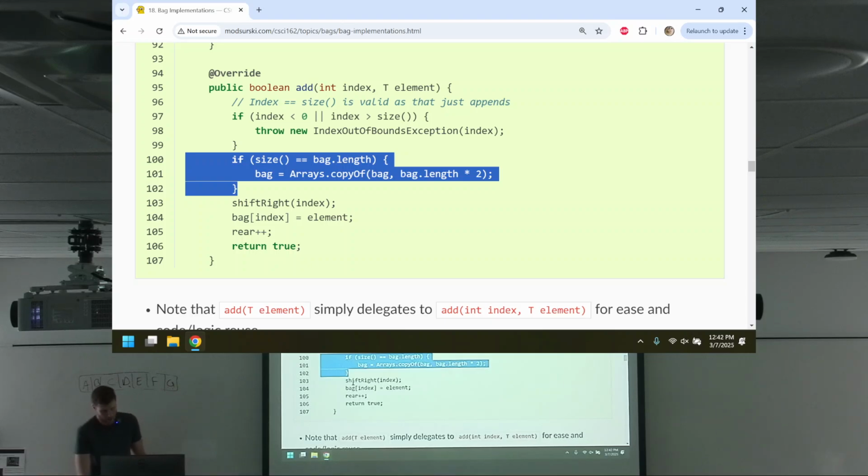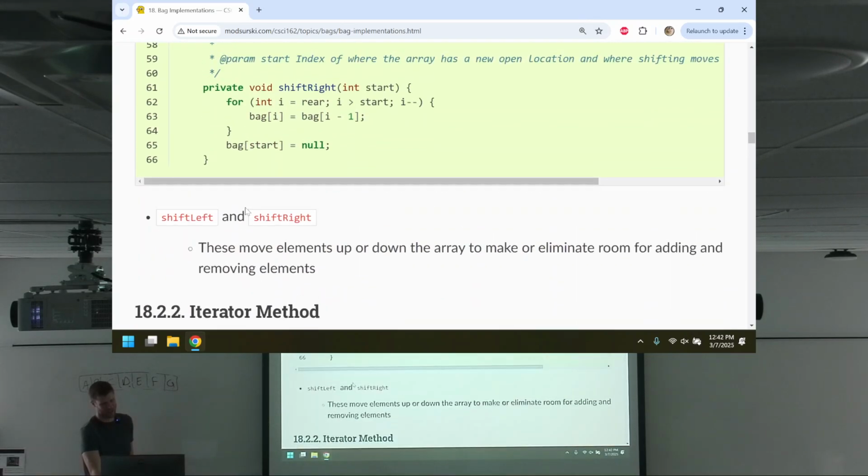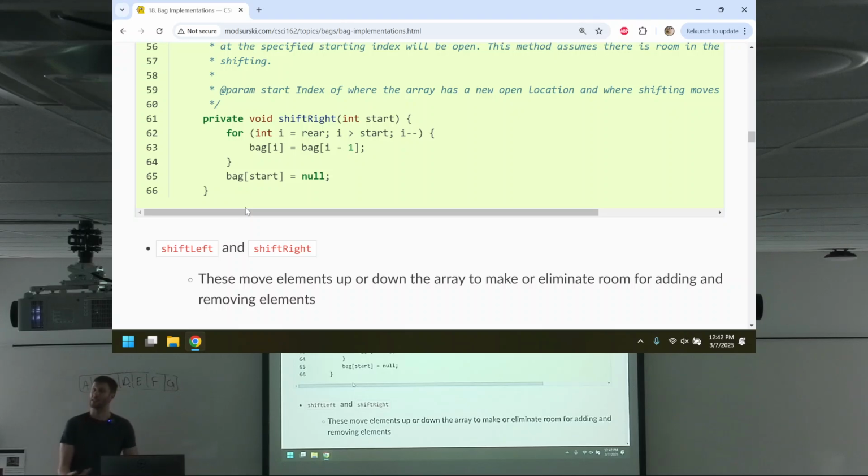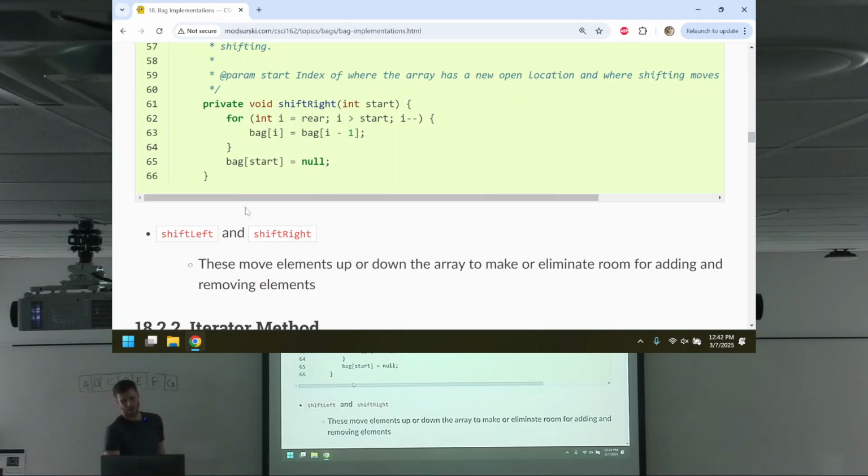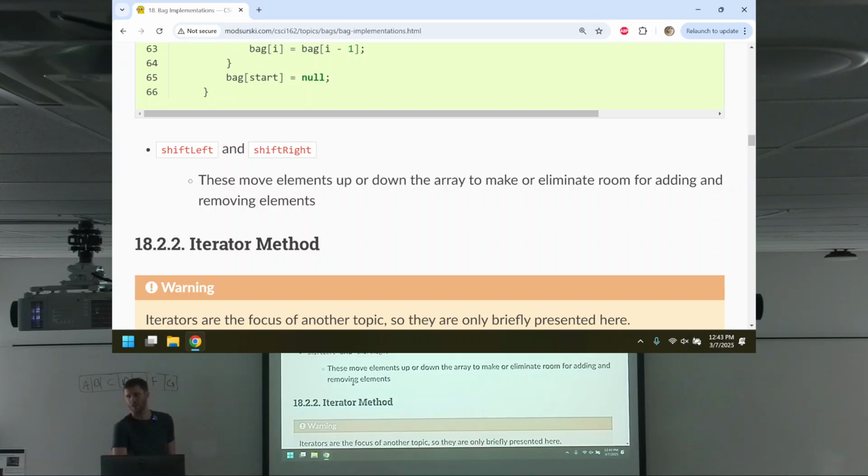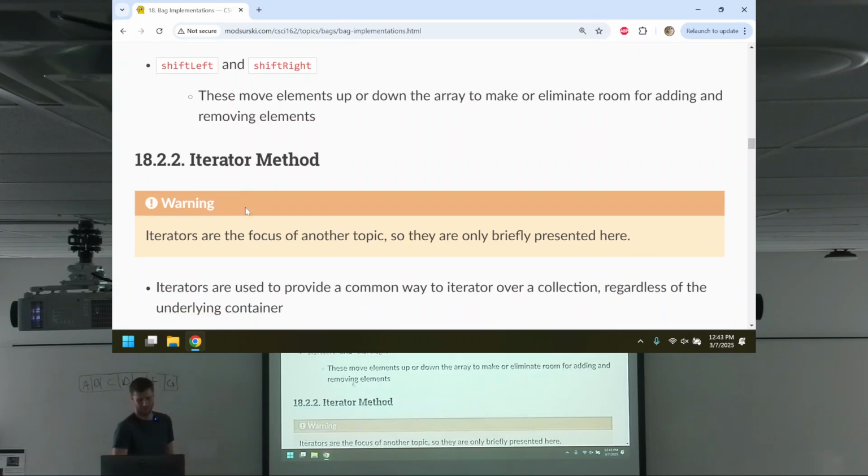You could make an argument that maybe you should really deal with that in the private method, and that's a reasonable thing to say, but it's also not unreasonable to just do it what I've done here.